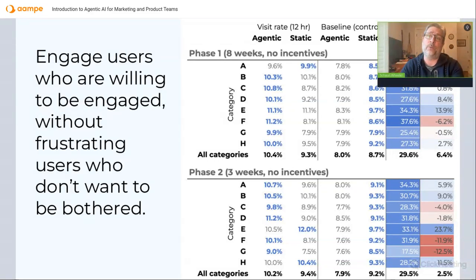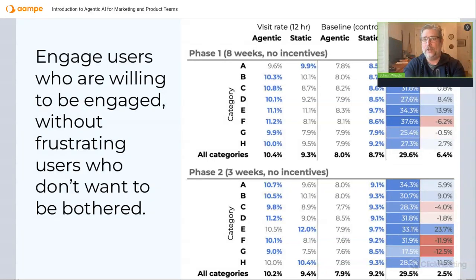A human can't keep up with that kind of workload. So what you do is you say, well, I think that Fridays at 6 o'clock are a good time. We're going to send out a bunch of people messages at Fridays at 6 o'clock. And so what the static system was doing was sending a lot of messages to people who would have gone to the app anyway. And in fact, when you look at the percent improvement over the baseline, that's the last 2 columns